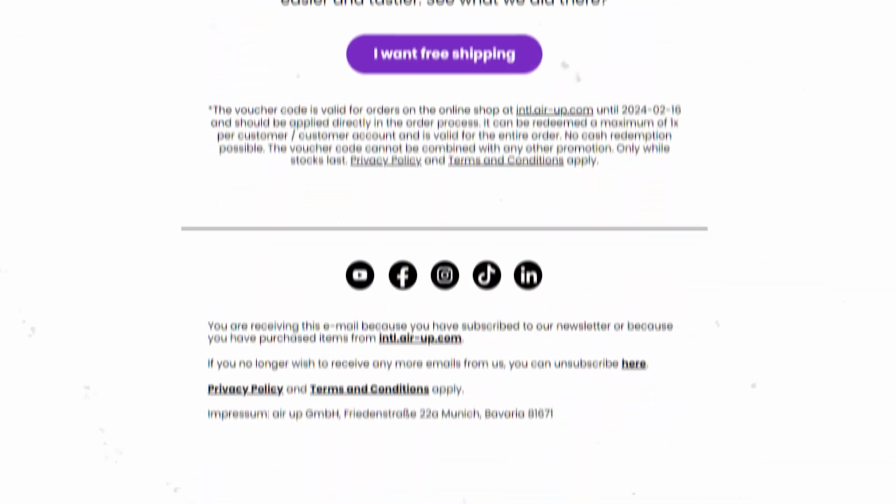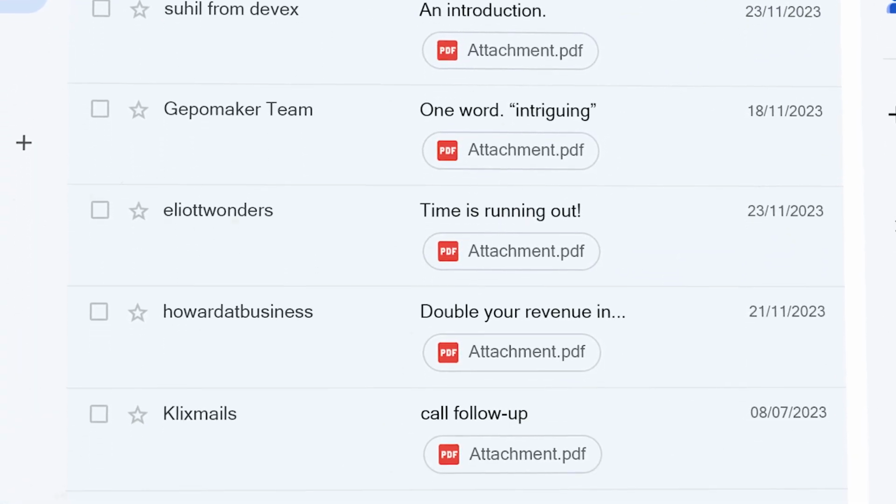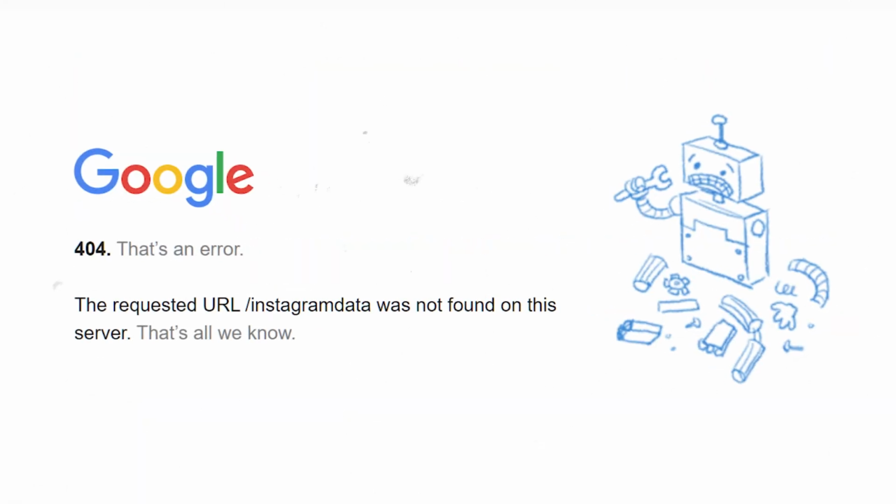Referencing a company's Instagram profile is an amazing way to stand out from the sea of cold emails that a prospect inevitably gets on a day-to-day basis. However, it's quite difficult to reference an Instagram post because A, Instagram is quite harsh on scrapers and it's generally quite hard to find data, and B, it's usually hard to determine what the actual content of a picture is